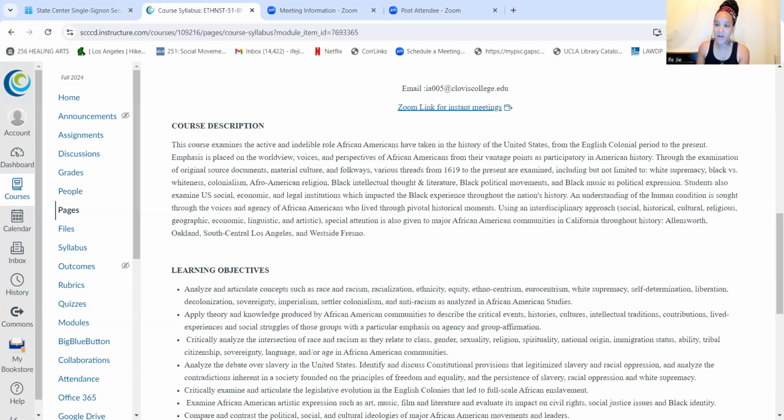And we start that by understanding first how African Americans come into the United States during the colonial period, which at the time was just referred to as North America, or what the native indigenous tribes called this place. And then we go all the way up into the present, okay? And so we talk about quite a few things. We start in 1619, we talk about white supremacy, we talk about colonialism, we talk about religion, we talk about literature, we talk about political movements, we talk about so many different things because it's all about what is life like for African people.